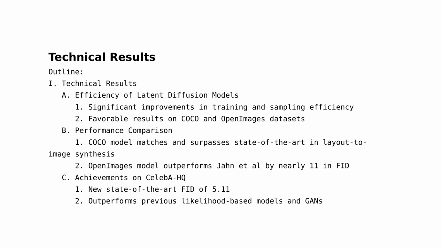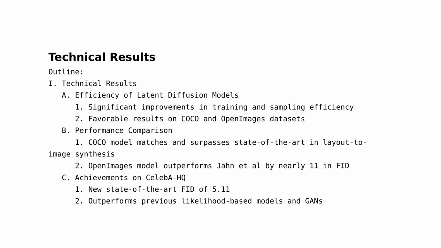3. On CelebA-HQ, a new state-of-the-art FID of 5.11 was reported, outperforming previous likelihood-based models as well as GANs. The models also outperform LSGM, where a latent diffusion model is trained jointly with the first stage. 4. The models outperform prior diffusion-based approaches on all but the LSUN bedrooms dataset, where the score is close to ADM, despite utilizing half its parameters and requiring 4 times less train resources.